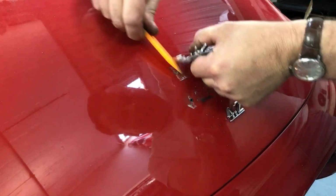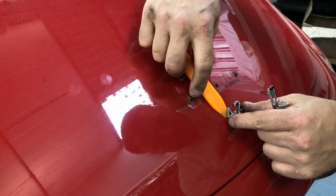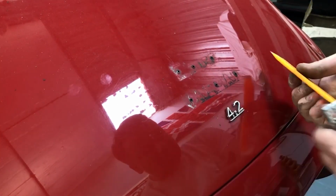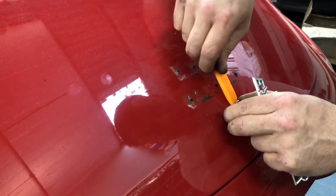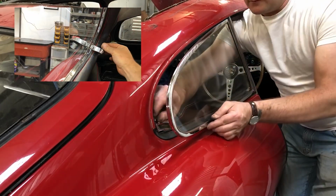Okay. Right, that's 2. So next time these go back on, the car will be a different colour. I'm not sure when that's going to be yet, but that'll be a good day when we get to that point, that's for sure. I'm now going to remove this lovely opening rear quarter glass,